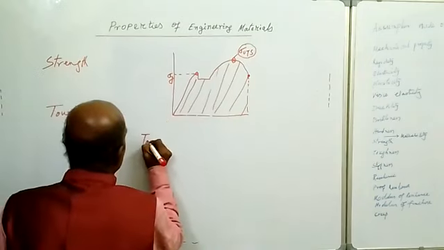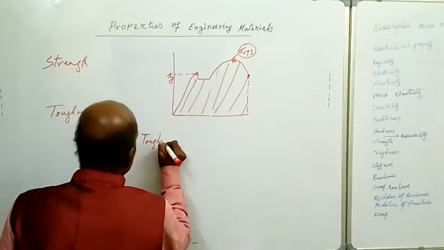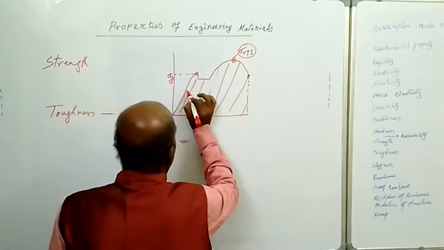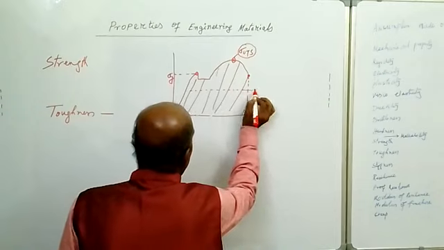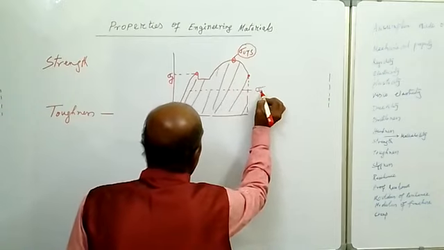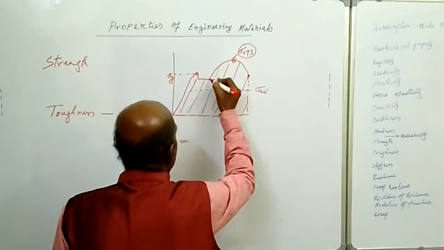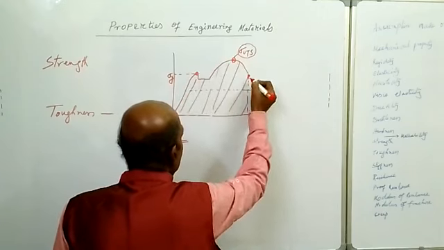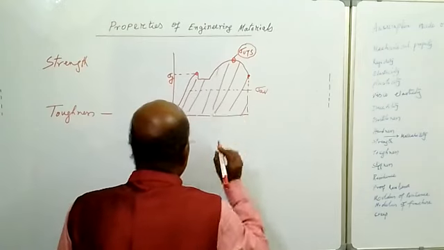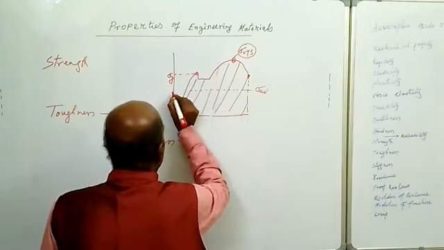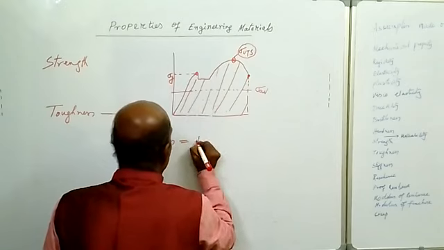So toughness is equal to, if we find the average stress, say this is sigma average, sometimes the stress is this much, sometimes this much, so the average stress becomes this one. So sigma average